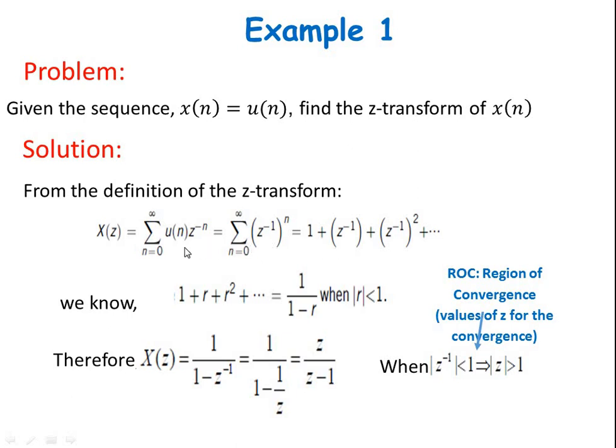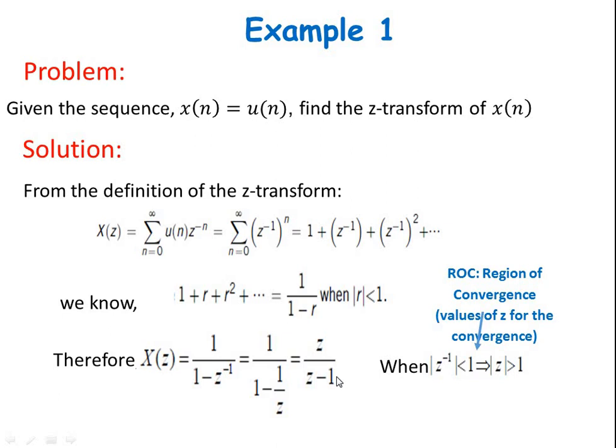Afterward, the important formula we have to keep in mind for solving such sequences is this formula. This expanded sequence can be written as 1 divided by 1 minus r. This is the important formula to keep in mind for solving sequences using inverse as well as Z transforms. Here in the place of r we have Z inverse, so we can replace r by Z inverse. At last we will get this formula as Z divided by Z minus 1.